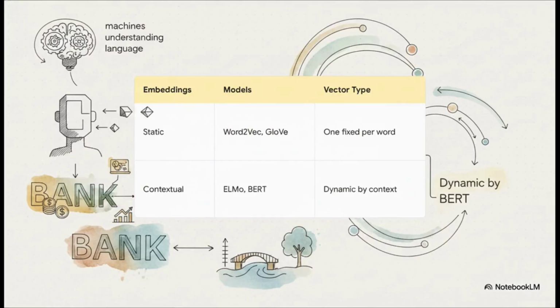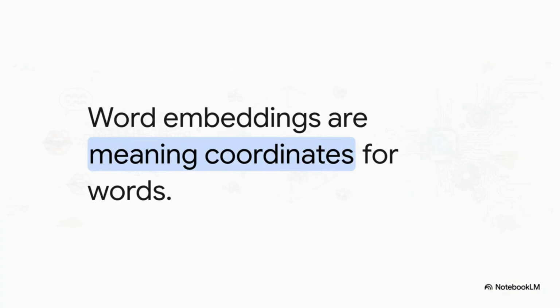So the crucial point here is that this exact limitation forced the next great leap in NLP. Models like ELMo and BERT launched the context revolution. We moved away from static embeddings, which gave one fixed vector per word, and shifted to contextual embeddings, where the vectors actually change fluidly based on the entire sentence. Now the word bank gets a financial vector if it's near money, and a geographical vector if it's hanging out near the word river. And that evolution right there set the stage for the massive AI models we interact with today. But it all started when we stopped simply counting words and started actually mapping them.